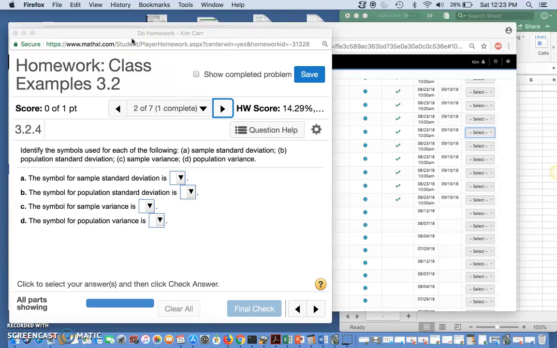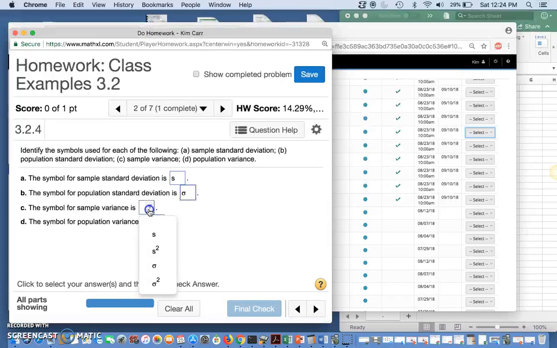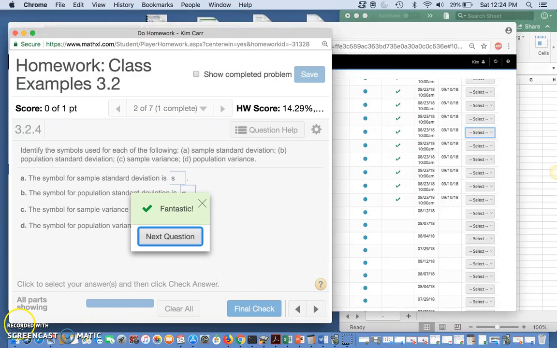Okay, and as you see, this is basically just a symbol check here. What does the sample standard deviation need to be? Sample, S, standard deviation is not squared. Population standard deviation is sigma. It is not squared. And the sample variance would be the sample standard deviation squared. And the symbol for the population variance is sigma squared. Okay, that's